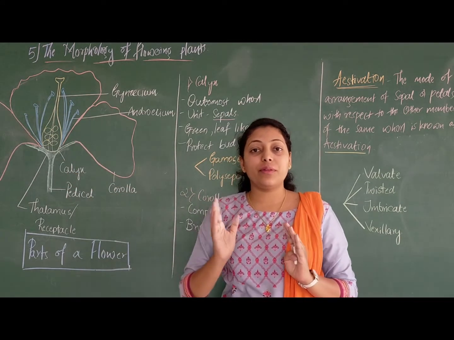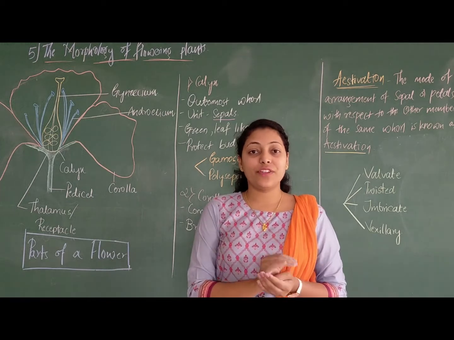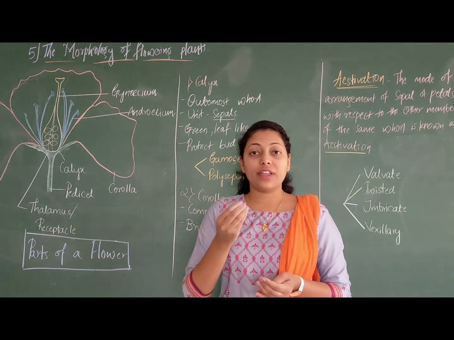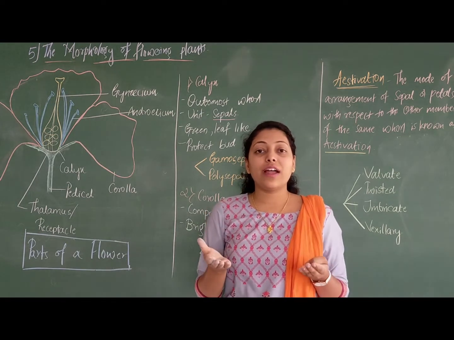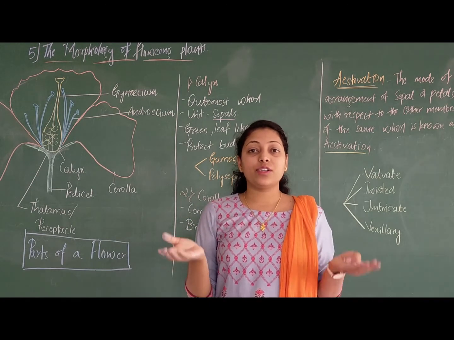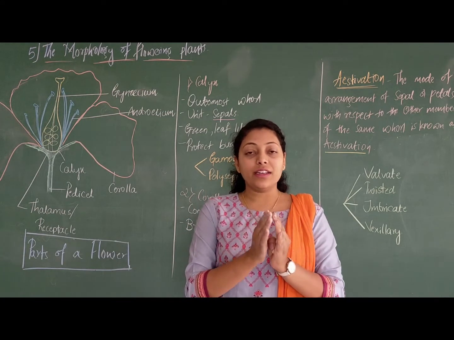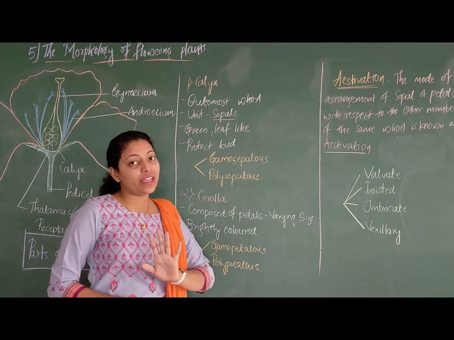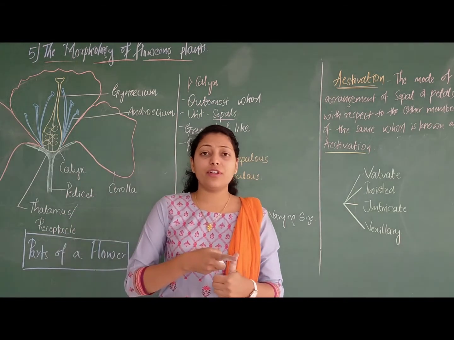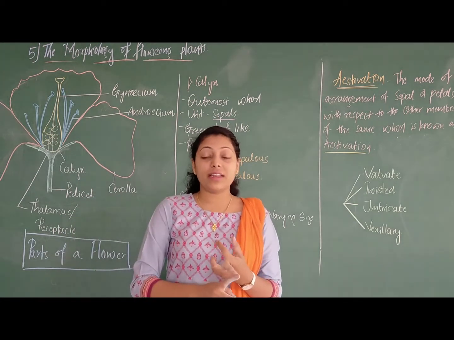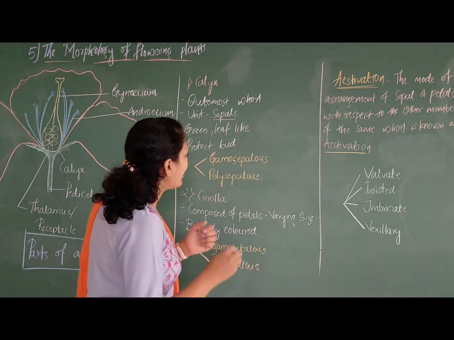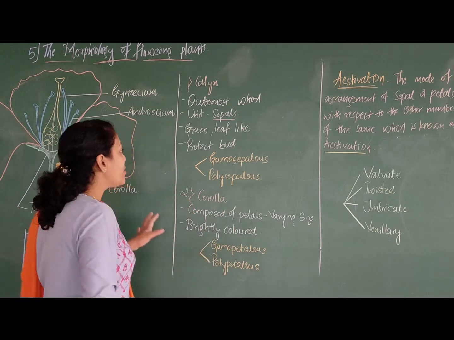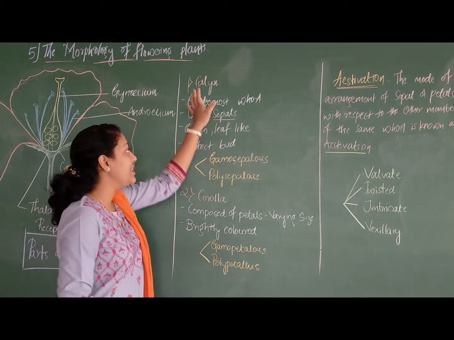Make sure that you maintain the symmetry of the arrangement of different organs in biology. That's why whenever you are explaining a diagram, keep one thing in mind, that you have to move either from the outermost part towards the innermost part, or else from the innermost part towards the outermost part. I should begin with outermost to innermost, which means I should say calyx first, corolla, then androecium and gynoecium. You can take it as you wish, either inner to outer or outer to inner. So we'll begin with the first outermost part, that is calyx.